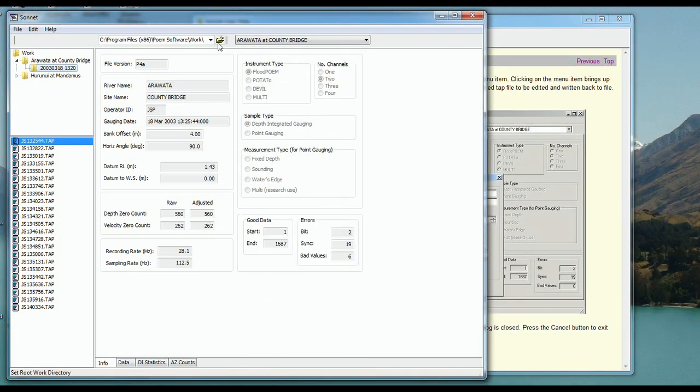So back to our main menu, we can pick up the file version here, which is not important. We've picked up our river name and site name, your ID at the time, date the gauging was carried out, and then this is referring to the first tap file here. So you can see that, for instance, the offset's changing as we jump through the different tap files. There's your offset in meters. So these are the different integrated verticals we've done through this gauging. The type of instrument was the POEM, the depth integrated gauging,